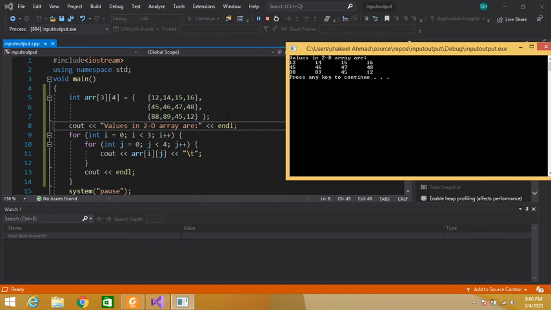Again the control will jump here and increment the value of j. So j becomes 3 plus 1, 4. 4 is less than 4, no. The condition becomes false, so the control skips the body of this inner loop and directly jumps here and starts a new line. Again closing braces of our outer loop, so the control will again